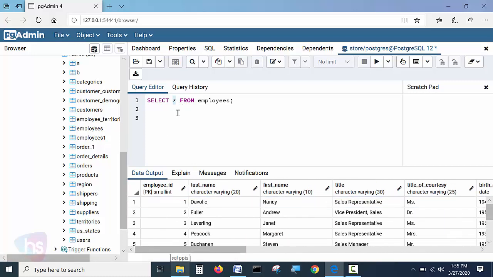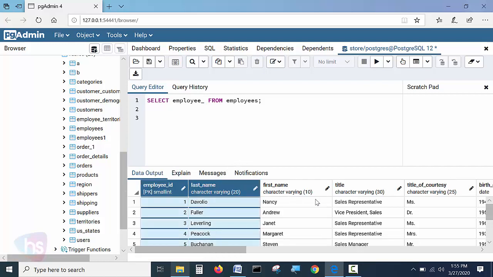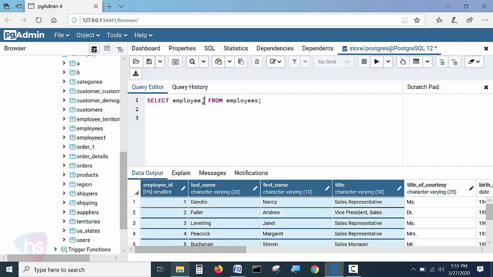Now what I can do is select the employee ID and employee first name, and we'll mention the DISTINCT keyword over there. You need not remember the column names; the tool shows them, so you can simply copy the name. Now I'm writing employee ID, comma, first name, from employees.